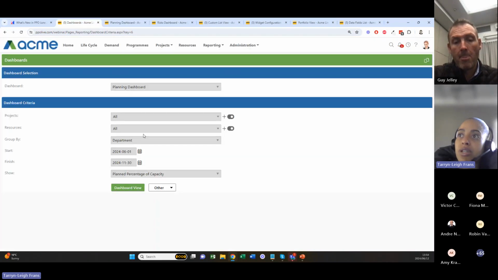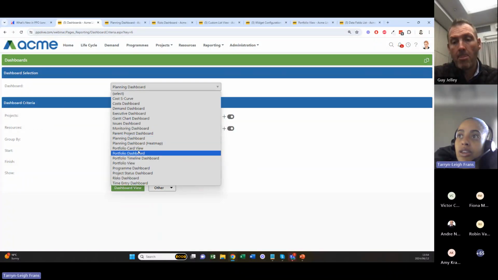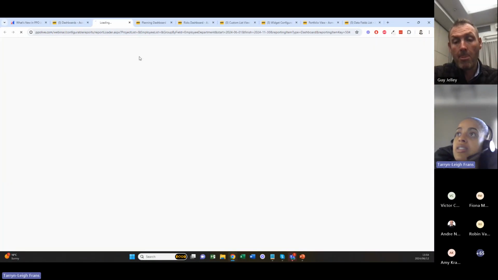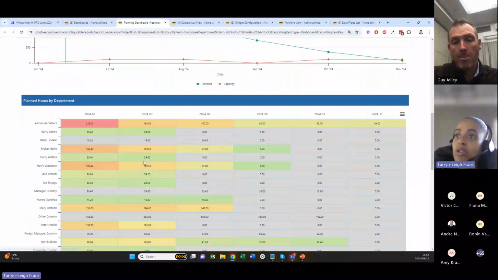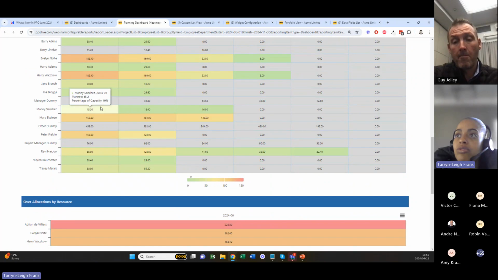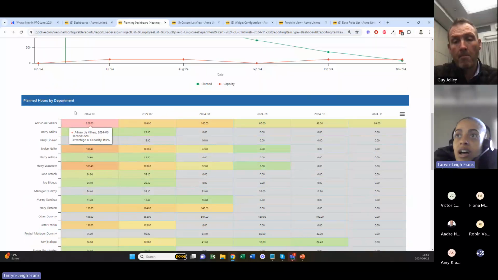How this is improved, so I'm going to quickly show you the new planning dashboard with the new heat map. You'll notice it's not necessary to have that additional parameter to show as either planned percentage of capacity or planned hours. And the reason for that is because the new heat map shows both values. So you can see the hours as well as the planned percentage of capacity. You will also see the color coding and the scale moving as you navigate on the cells. So planned hours by department is the